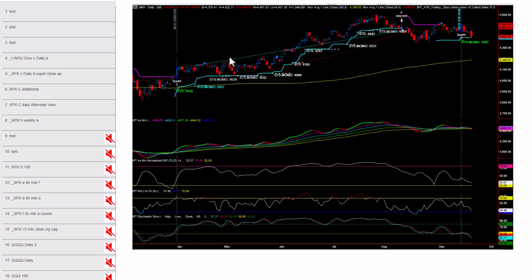And so a lot of times after a nice trending move like you see here on the S&P, it caught a nice long from March into early August, a lot of times your next signal is a whipsaw. You rarely get back-to-back big winning trades in these trend following systems. So again, their odds do favor more of a whipsaw here, and we'll see. But stop hasn't been hit yet.